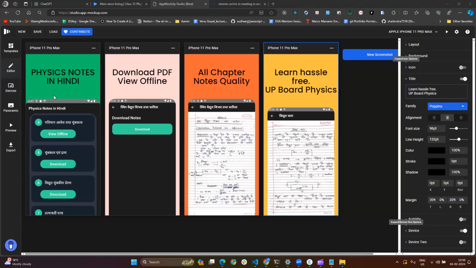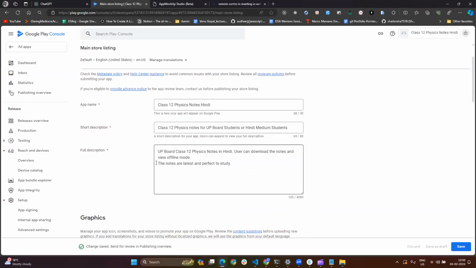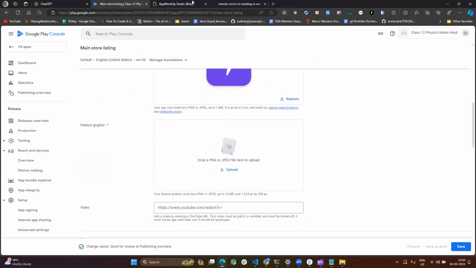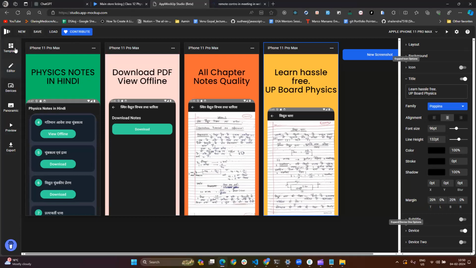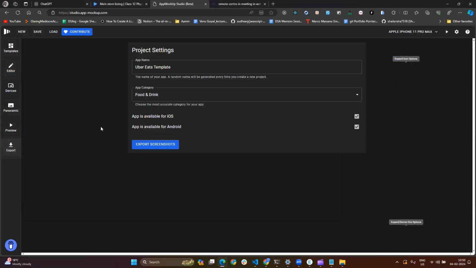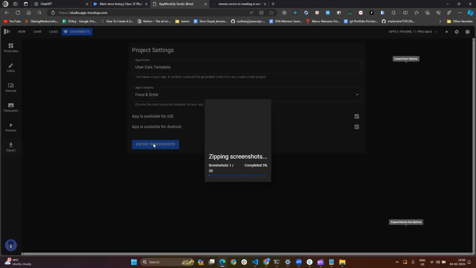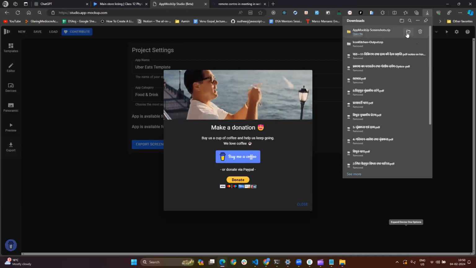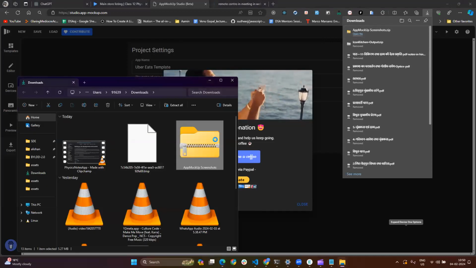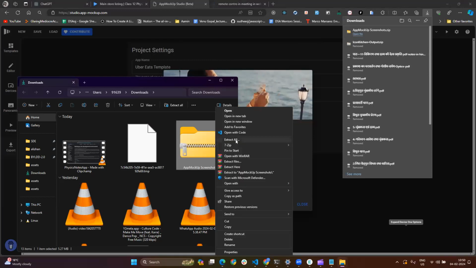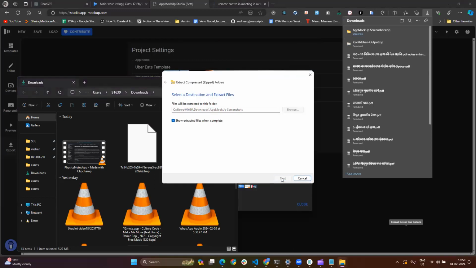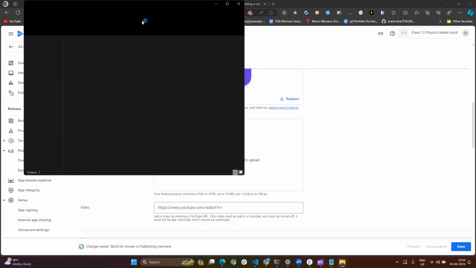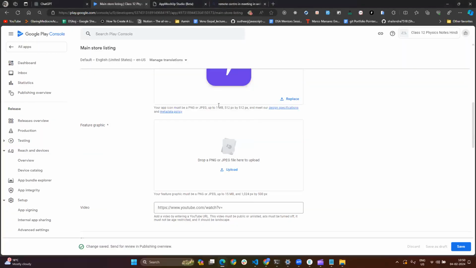So guys, I created these graphics for my app. Now I'm going to export it right now. Exporting screenshots. We started exporting my screenshots and it's downloaded. Let me open it and extract it all quickly. Extract. Oh, so it will extract the file. Meanwhile it's extracting, let me add some